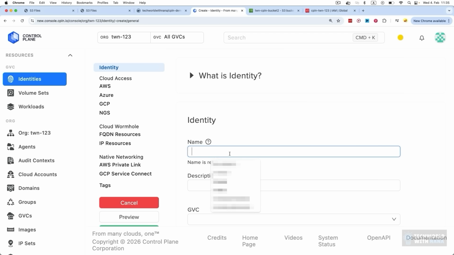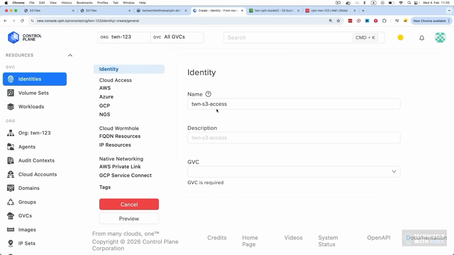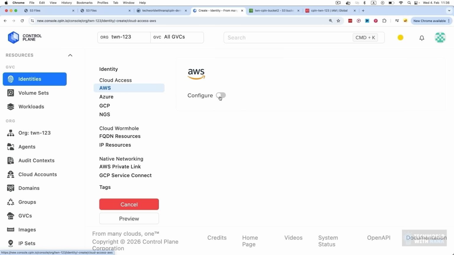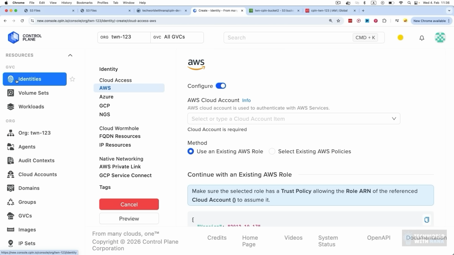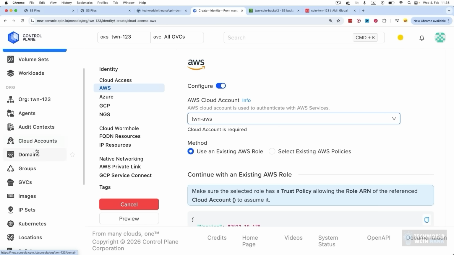Let's create it. Let's call it TechWorld S3 access. And we're going to create this identity in our GVC. And we want that for AWS, which means we're creating this identity to have access to this AWS account, which we just connected right here, right? So this one.